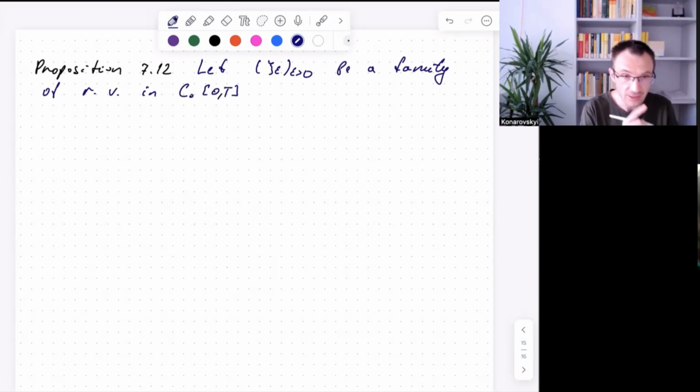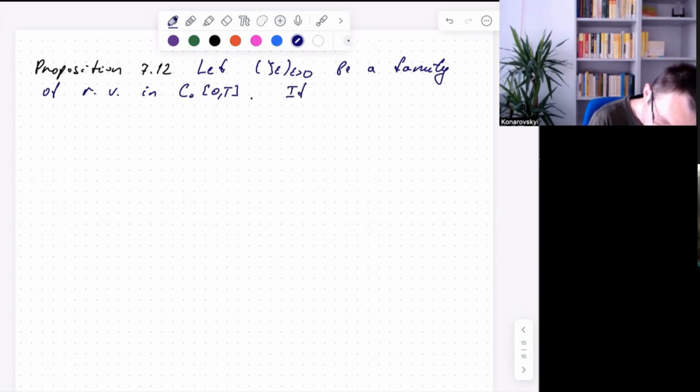Sometimes people say random elements in C0T. If there exist positive constants as before, lambda positive, kappa positive, but now you need also to have some Hölder exponent, so it will be gamma positive, such that